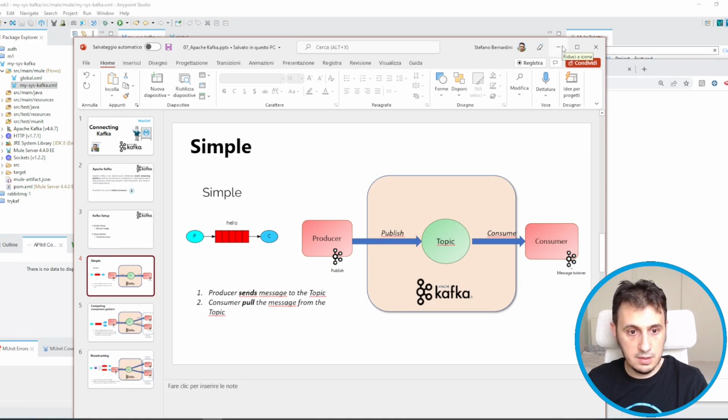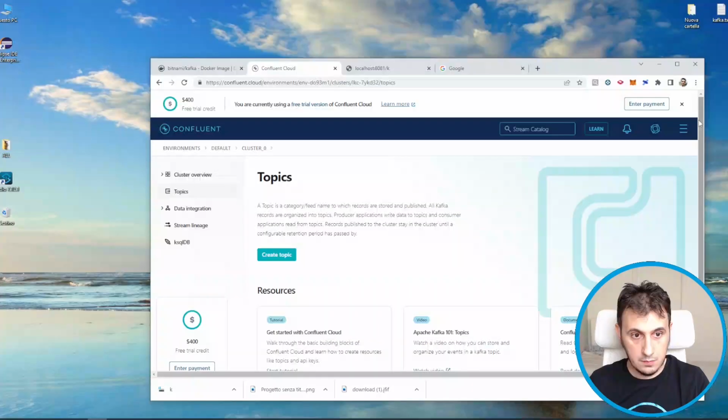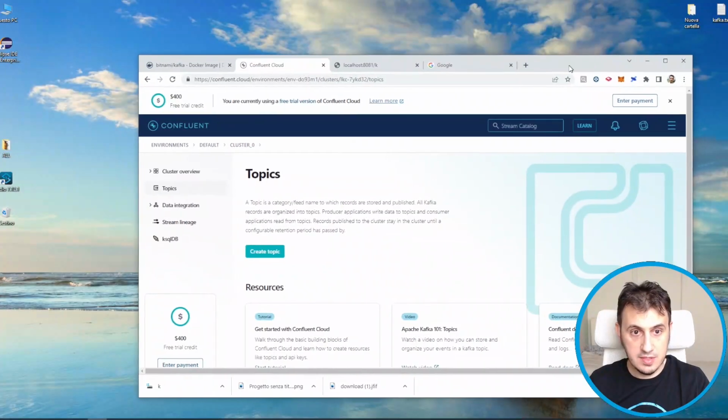Now let's refactor everything in order to use the Confluent Cloud version. Okay, I already registered. We are inside Confluent Cloud.